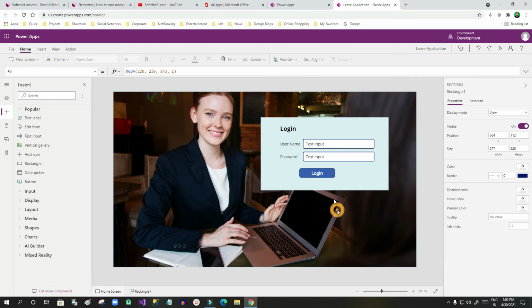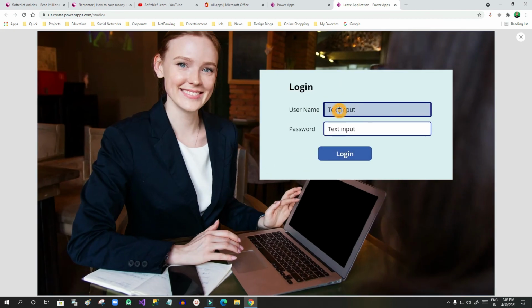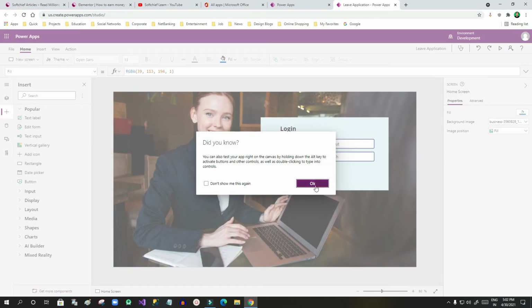Now there is another important mode for this text input. Let's say if you run it, you can see I don't want this default input. By default, a default input text is always given to an input control.